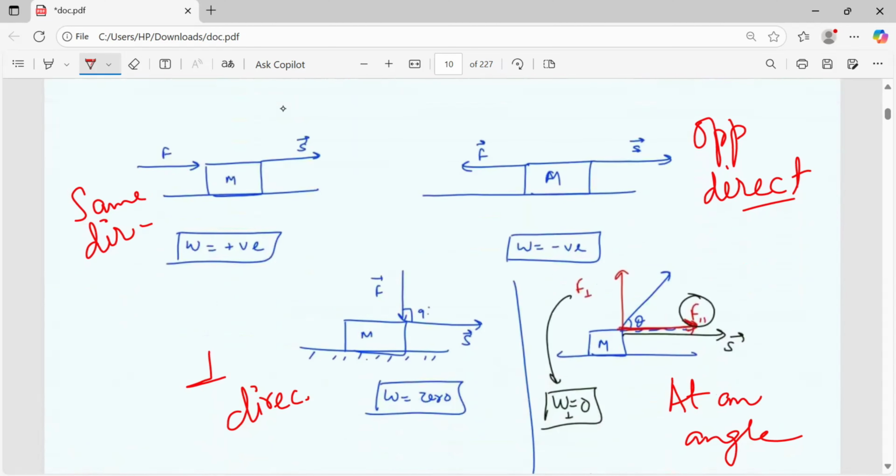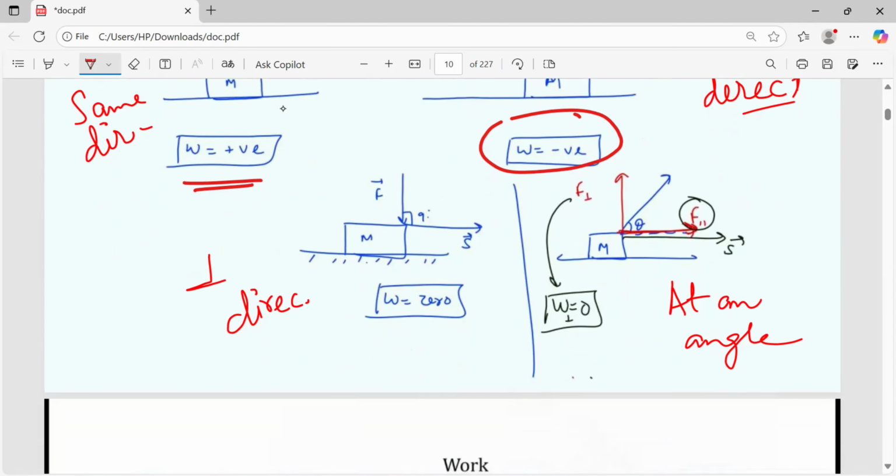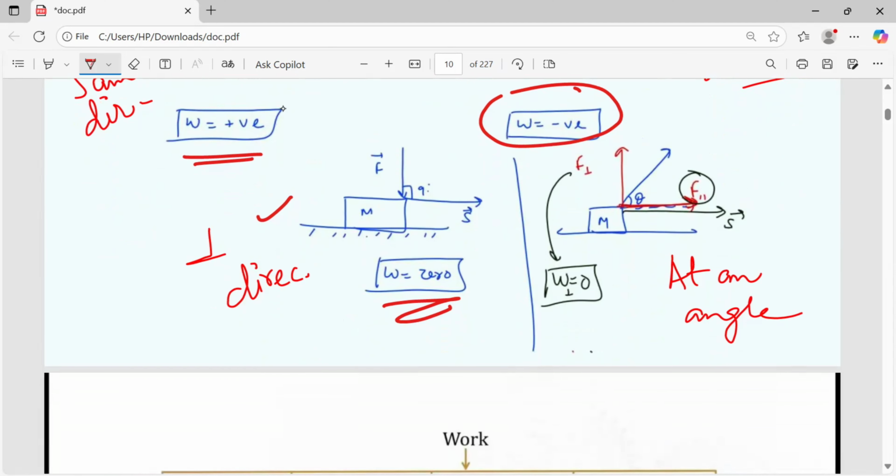So look, there are only four possibilities which you can always have. First, if the force is in the direction of displacement, then the work done is positive. If the force is just opposite to the direction of displacement, then the work done is negative. Zero is the case when the force is perpendicular to the displacement. And finally, at some angle you calculate the work done as per the equation W is equal to FD cos theta. But the perpendicular component would get me the value of 0.